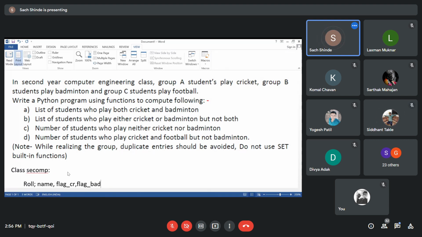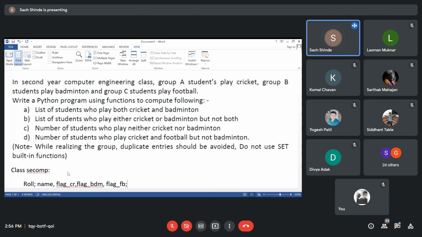I write badminton; you can use a short form for that. Then next, either he is playing football, so let us create a flag named football.